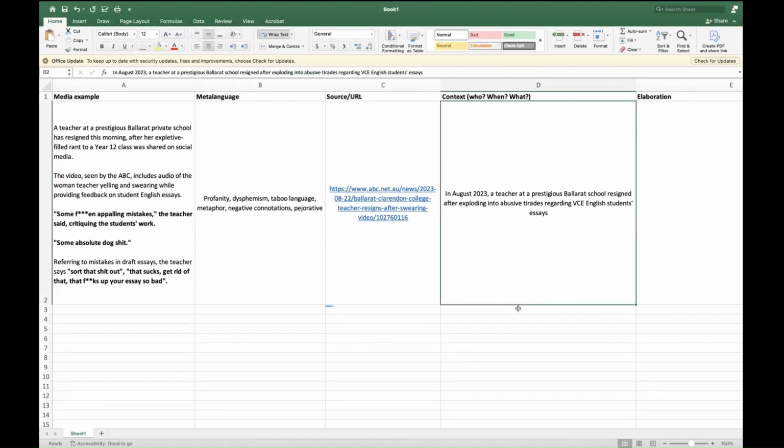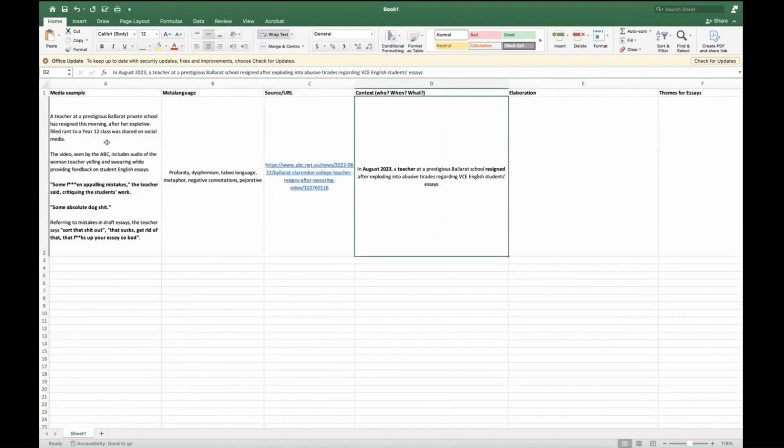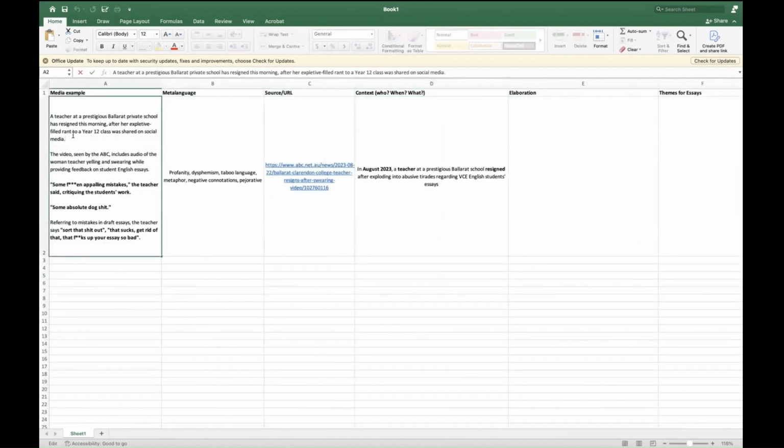You're already using meta language straight away. You want to use meta language straight away. So you see the time, the person, and essentially what happened. So this is how you introduce your example in your essays in the future. So if you do your logging right, essentially your paragraph is just copy paste, copy paste. It takes seconds to finish. So most of the context you can just copy paste from the actual article.